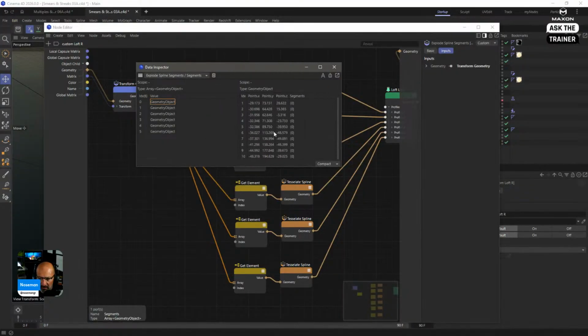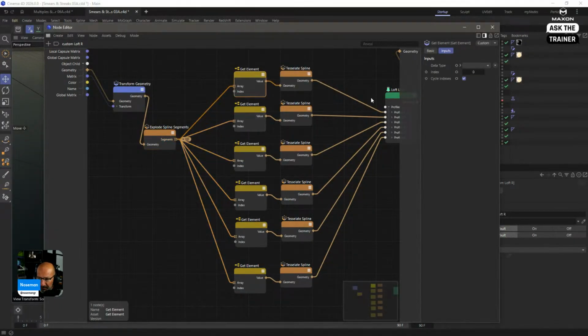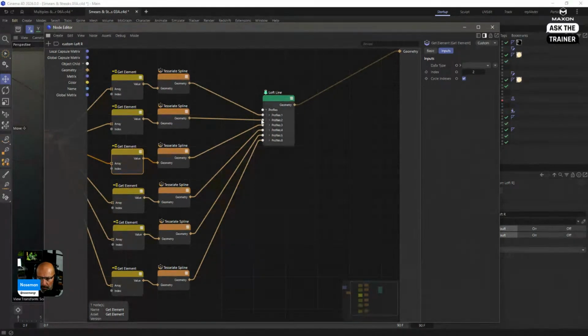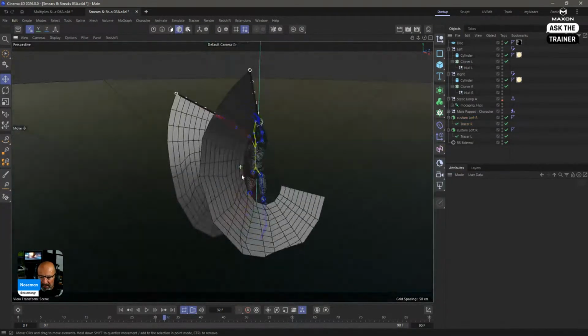You are Neo and you're looking at this and saying, oh, I can see a streak, not just numbers going up and down, right? And I'm saying get the first one, get index 0, get index 1, 2, 3, and it's only 5. So I just went boop, boop, boop, boop. And this just lofts these into this. There you go. That's it.